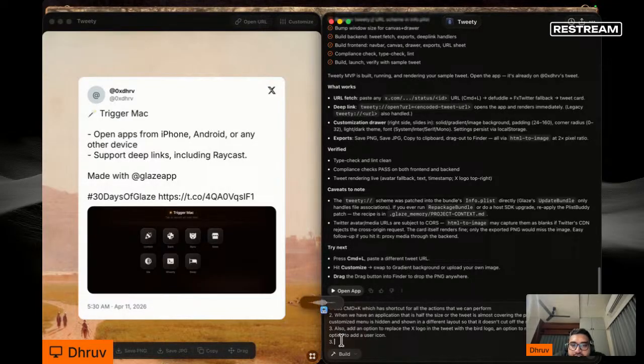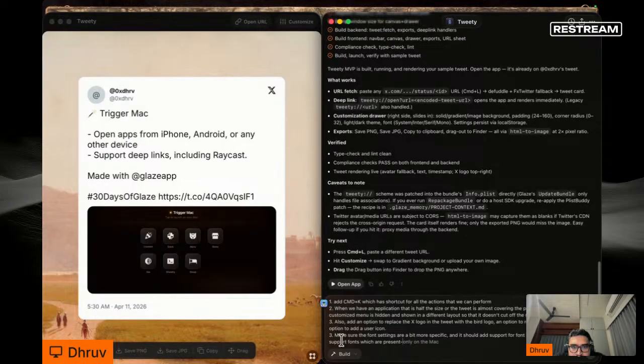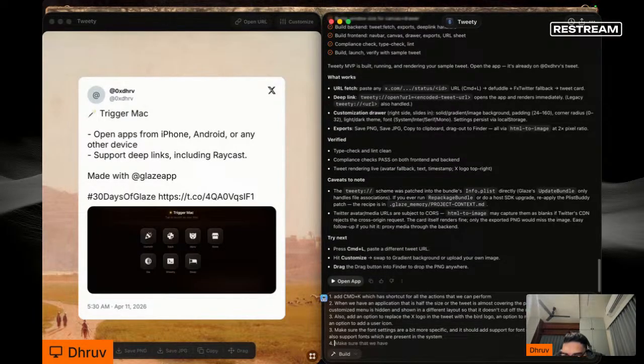Make sure the font settings are a bit more specific, and it should add support for font size, and then it should also support fonts which are present in the system, with proper listing. Yeah, okay. And then there is